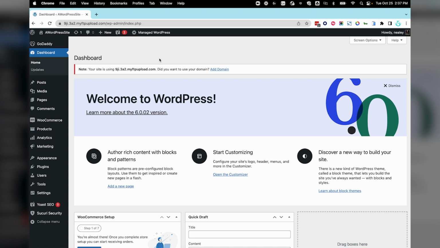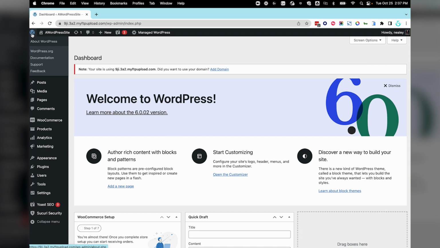The first time you log into WordPress, you will see a Welcome to WordPress section that contains some links to help you get started. At the time of this recording, version 6.0.02 had been released, so there are explanations of the updates. At the top of the dashboard is the toolbar, which contains links to the most used administrative functions.